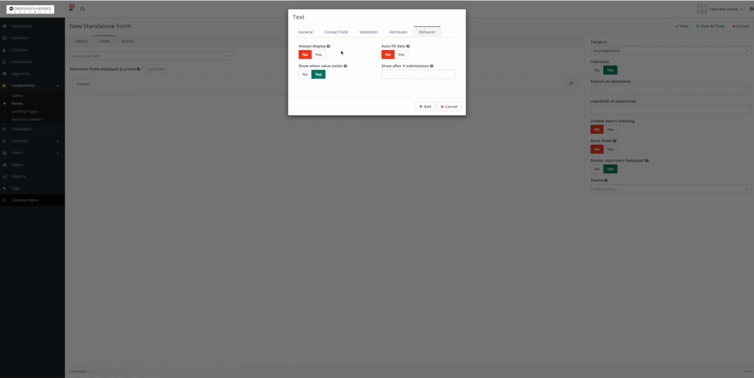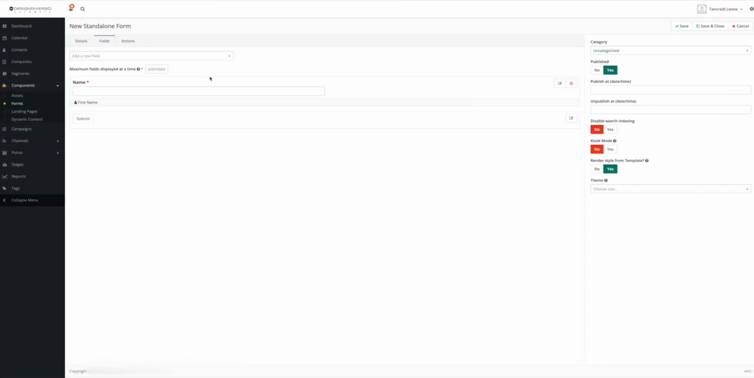here are some more toggle options about what we want to display in the form fields, right? So whether we want to autofill data or not, etc. We leave these as they are for now, and we add it. So here you already created your first form field,